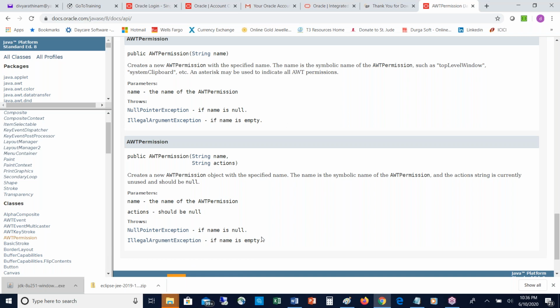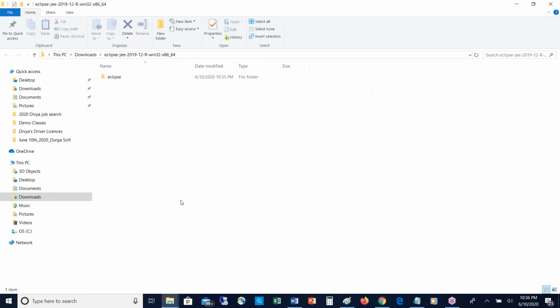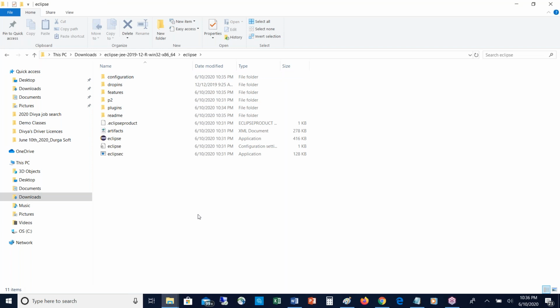What happened is that Eclipse got extracted. Can you please check once? Yes, perfect, now it got extracted, right? Double click on the Eclipse folder. There you can find, from down to top, the third one, a blue color icon, Eclipse. You better do one thing: drag that icon to your taskbar. Otherwise, every time you have to go to downloads, Eclipse.